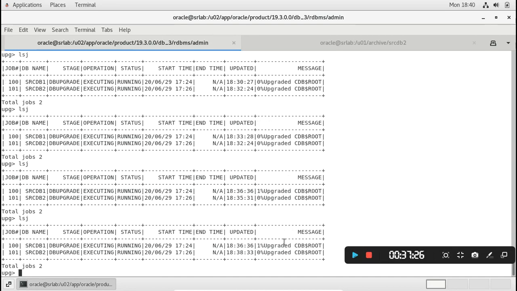So here you can see that the upgrade has been started. All the pre-checks and fix-ups have been completed, and the two databases have started the upgrade.